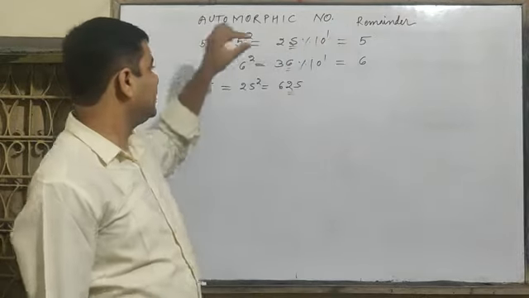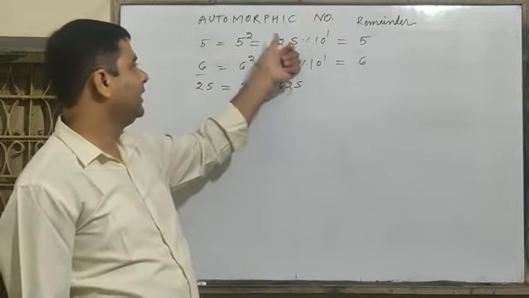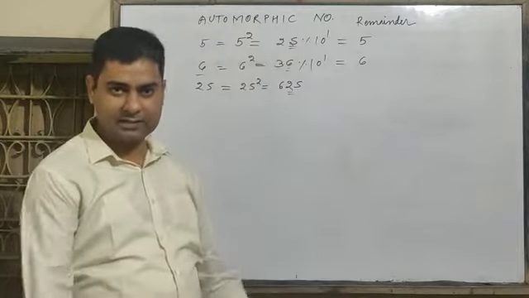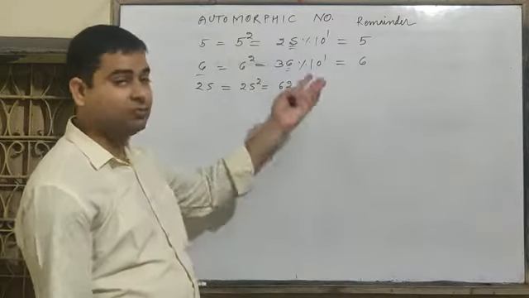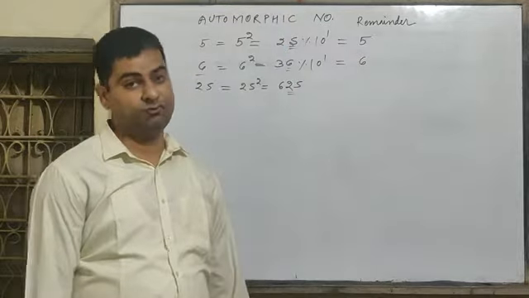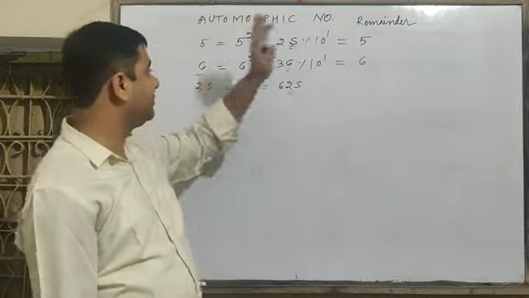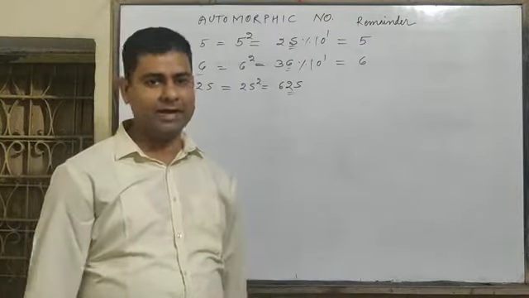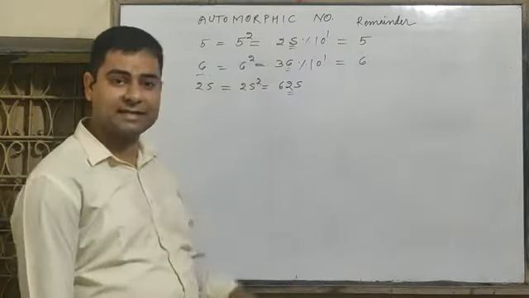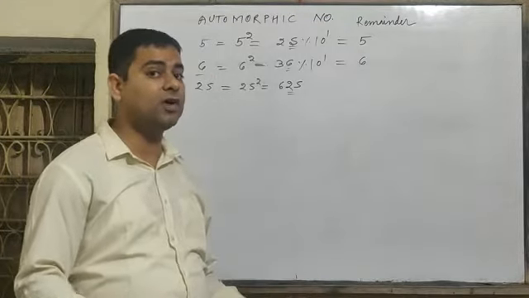Why 1? Because it has only 1 digit. So 10 raised to the power 1 because we have to extract a single digit from this square. We have to extract the last single digit. So how shall we calculate this? 25 modulus 10 raised to the power 1 equals 5. So it is giving you 5. So 5 should be compared to the original number. Both are equal, so it will be an automorphic number. Second number 6, 6 square equals 36. Again we have to check 6 is existing in its square or not. What we will do?